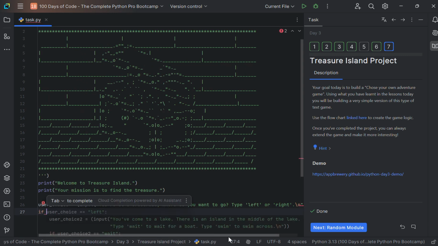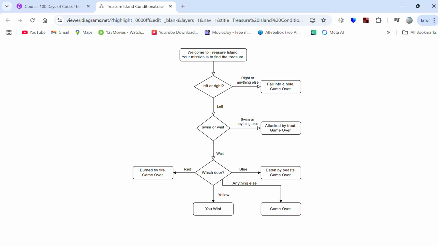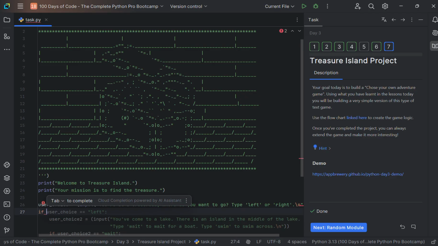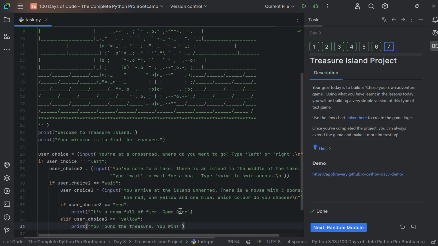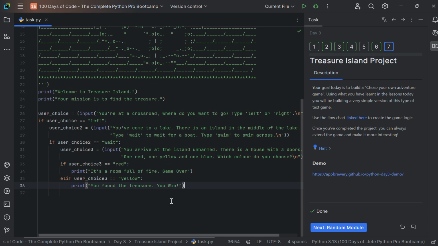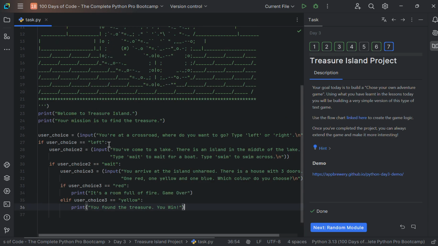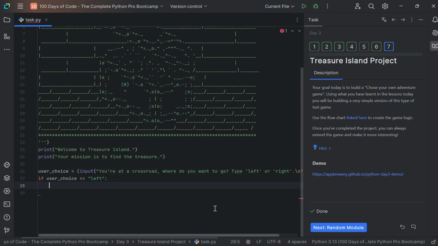So now, let's check the flowchart again. If user_choice is left, then, if the user choice is left, then user_choice2. I'm creating another variable to store the inputs of this. Okay, if user choice is left, then